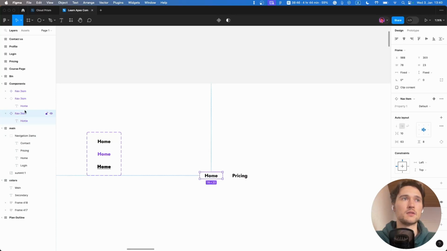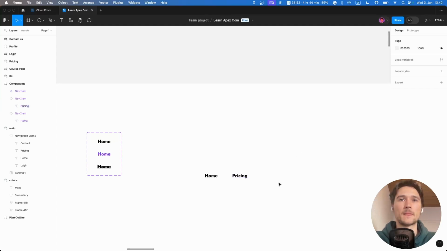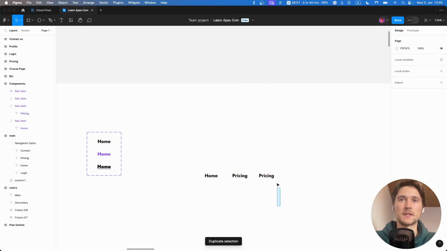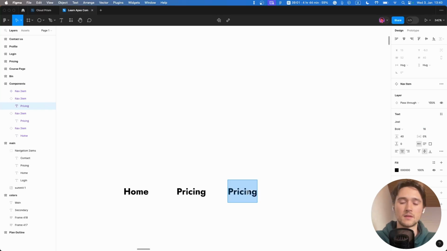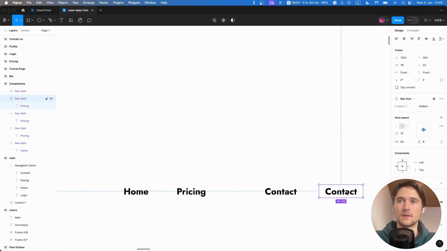Okay, this is this navigation bar, this is this. Why is it still written home here, not pricing? That's strange. But we have here pricing, and we have here contact, and we have here also login,